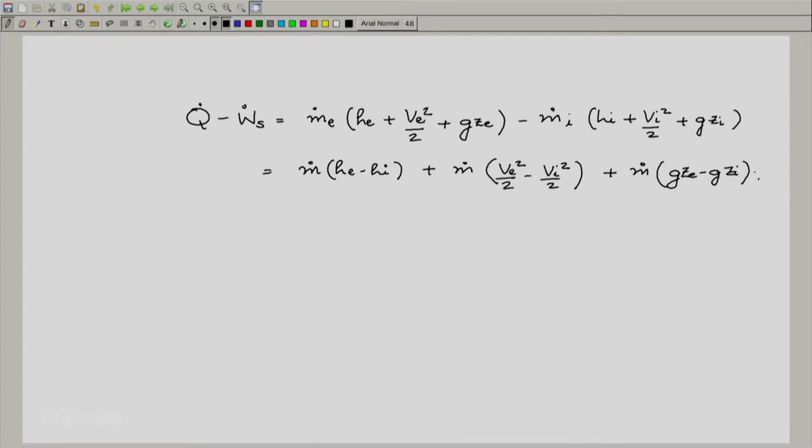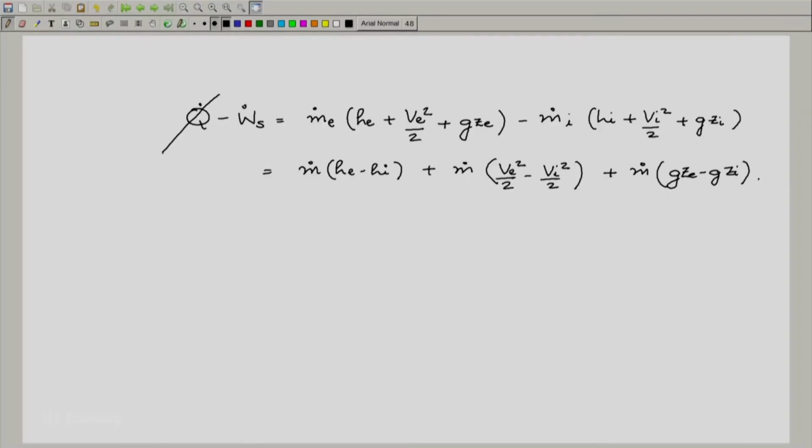This is the steady state equation that was written earlier, and in such devices normally there is good insulation, especially when the temperature is high. Even otherwise, when no insulation is required, for example in some pumps, we assume that the system is adiabatic. It is not a perfect assumption, but it is a pretty good one, and hence we say Q dot is nearly equal to 0.